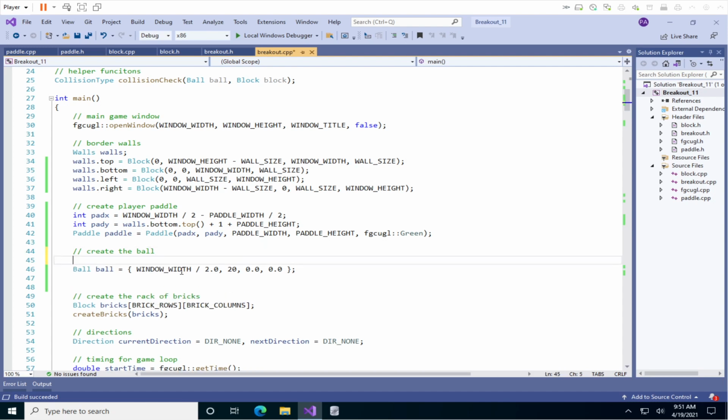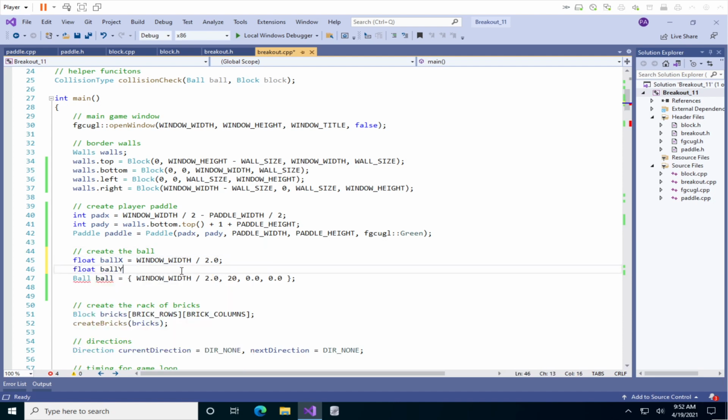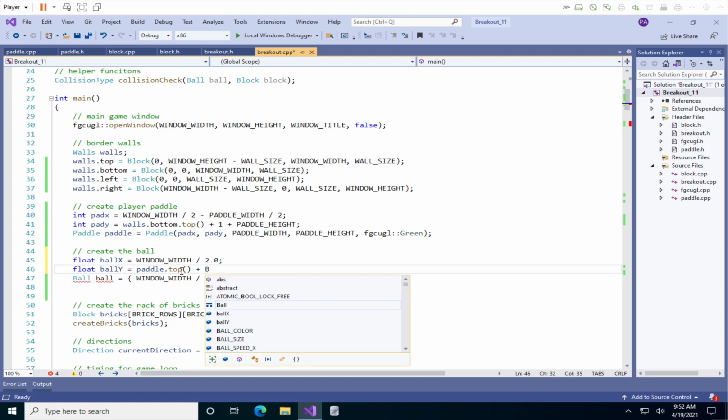So I'm going to do a float for ball x, and I'm going to set that equal to window width divided by 2, and then float ball y, and I'm going to set that relative to the paddle top plus 1, plus the ball size